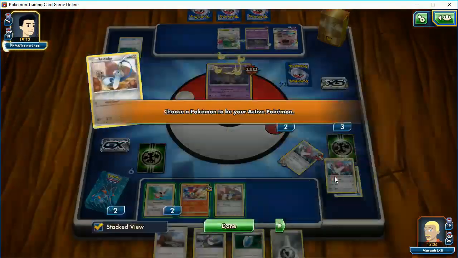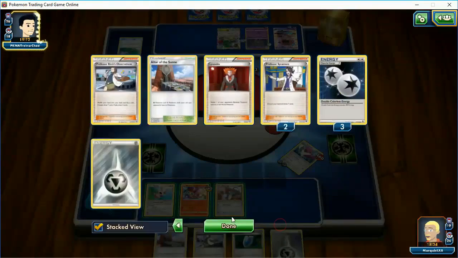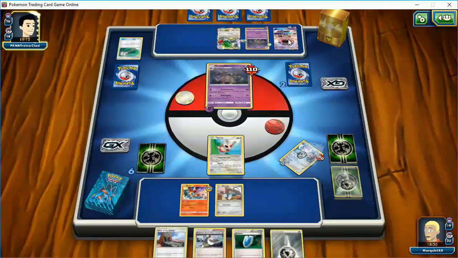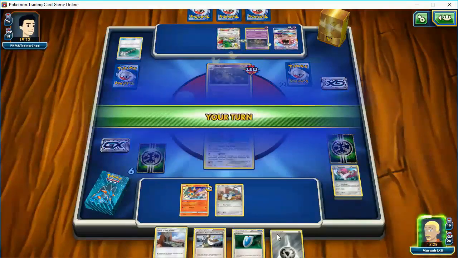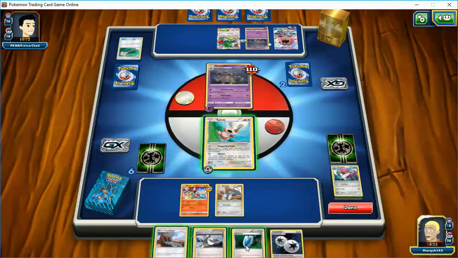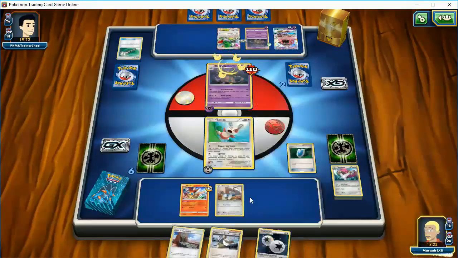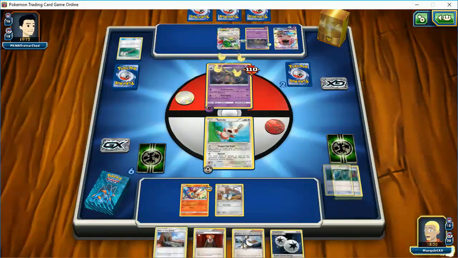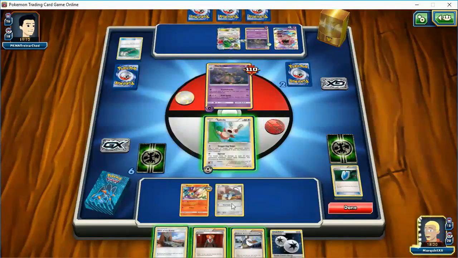Let me see. Wait, what do I have here? I do have a Lysandre. I'm going to put the Spinda. I'm going to Lysandre this guy and try to confuse him. That is my goal here. And this kind of fits because I have the double colorless. I can't play it till the next turn anyway, and then I can maybe draw, so...